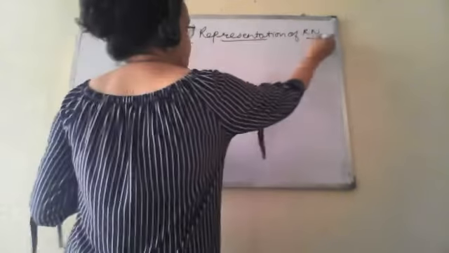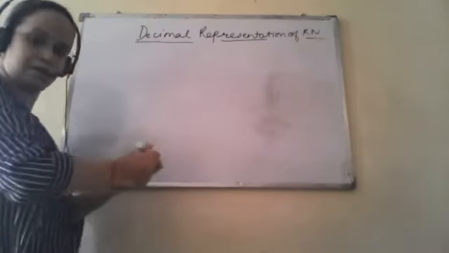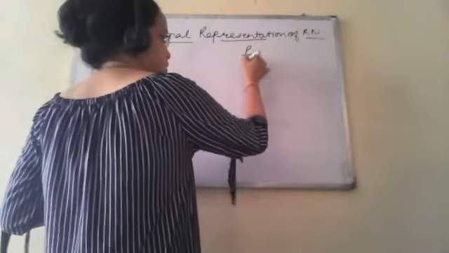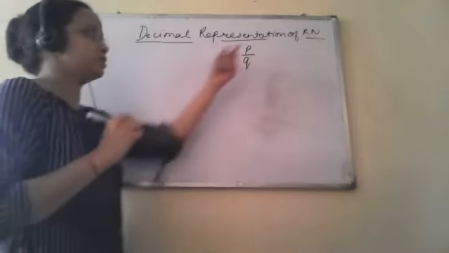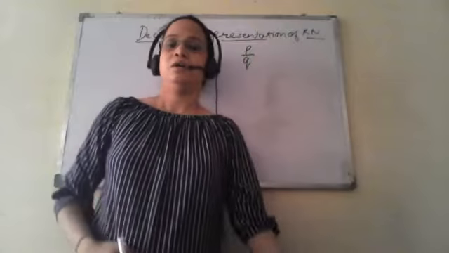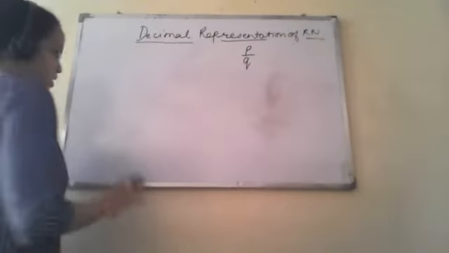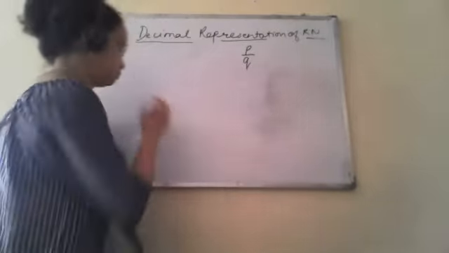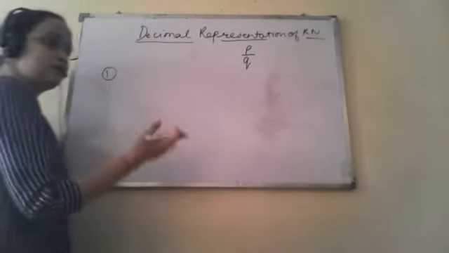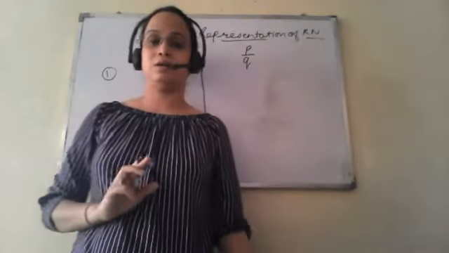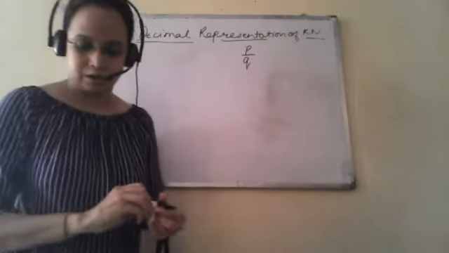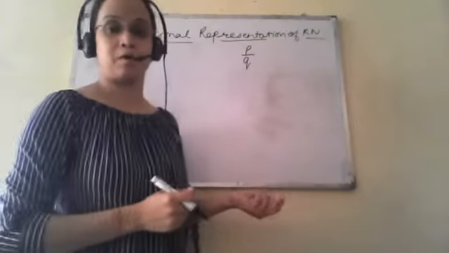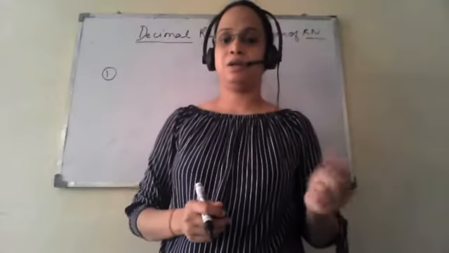Now see, every rational number is represented in the form of p upon q. P upon q means we have a dividend and a divisor, and we will find the quotient. Now there are two possibilities of these divisions. What are those two possibilities? First is when the division is completed after a finite number of steps, or after a certain period it will end.